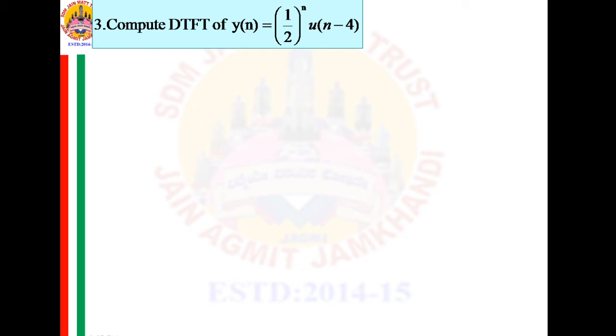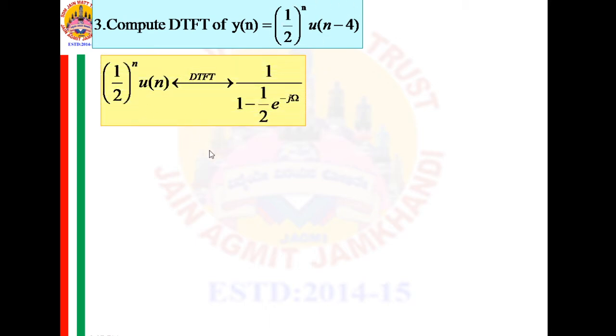You may say that we shall apply the time shift property directly to it and obtain the solution. But dear friends, you cannot apply the time shift property directly to this. Every n should be shifted by the same amount, then only you can apply the time shift property. So, if at all you want to use the time shift property, then this should be in the form of 1 by 2 raised to n minus 4 u of n minus 4.